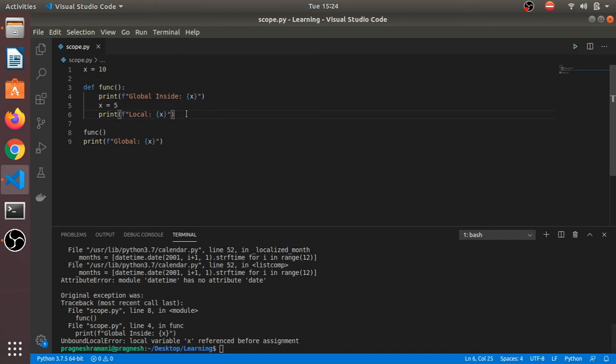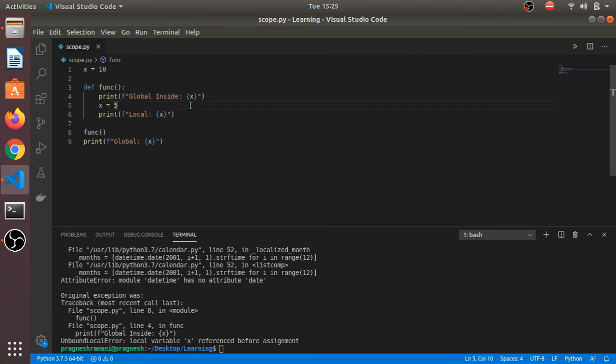So what happened inside of this program? This error occurred because whenever we are accessing the global variable and changing the value, then Python assumes that the variable is a local variable because we have assigned the value to that particular variable. Because of this, Python assumes that this x is also a local variable which does not have any value, and that's why this error occurred.